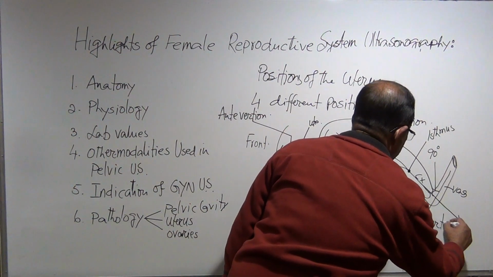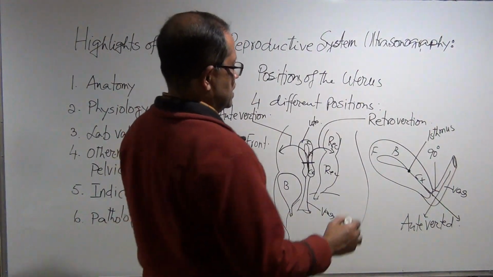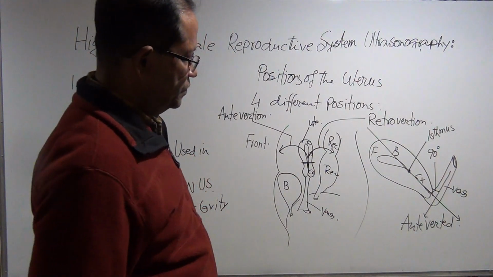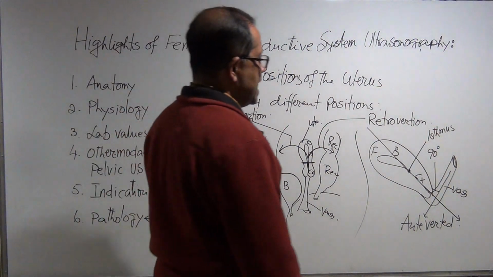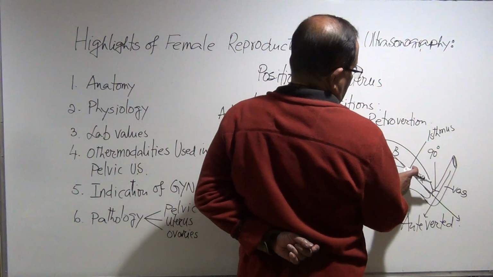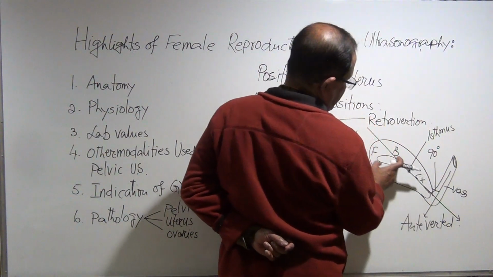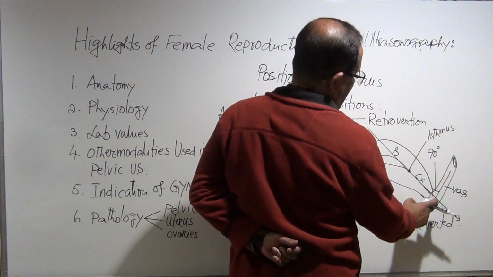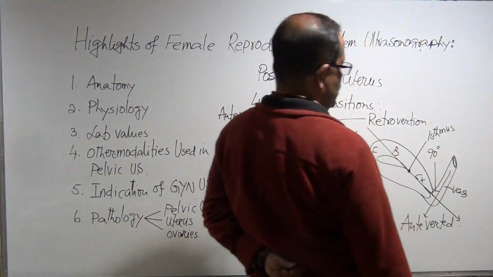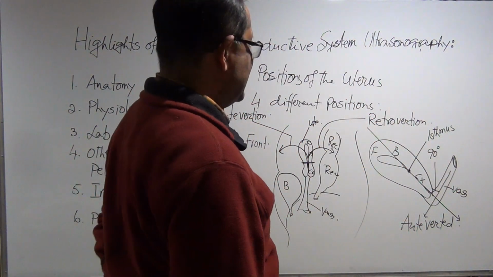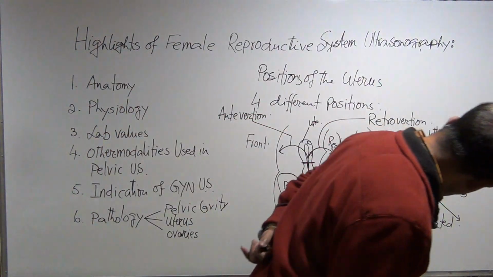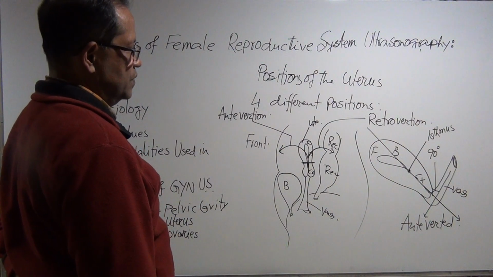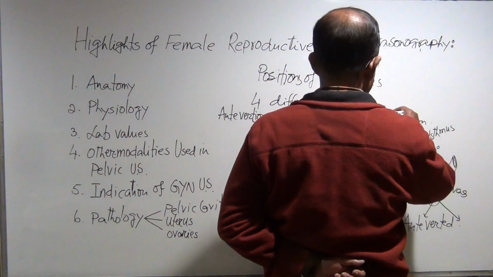If you see sonographically, this is 90 degree, so this is anteverted. So, what is the anteverted? The line drawn through the cervix onto the body fundus, and a line drawn through the long axis of the vagina. It cuts at 90 degree. That is known as anteverted. So sonographically you will see